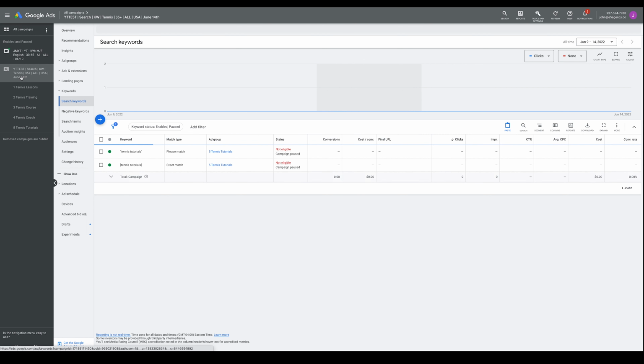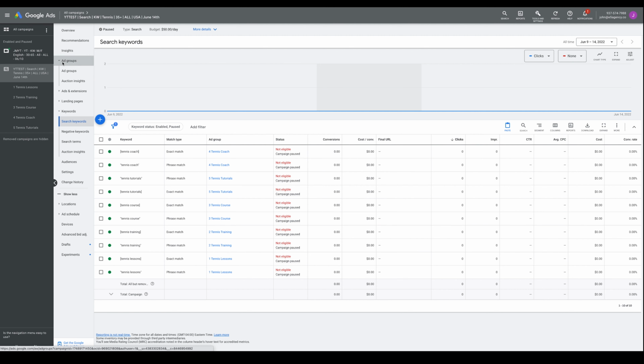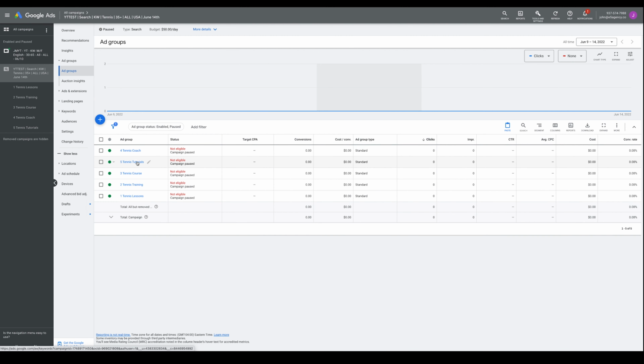So now if we come back to our campaign level, we can see that we have 5 ad groups. Each ad group is targeting a very specific keyword, and it's using both phrase match and exact match. So the last step before we put our campaigns live is by adding in negative keywords. And there's 3 types of negative keywords I want you to add to your campaign. The first one is just one word,